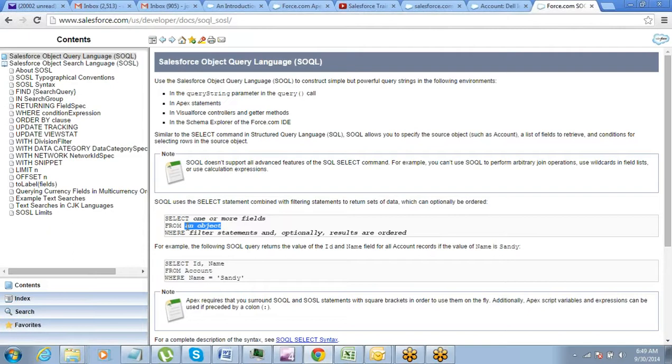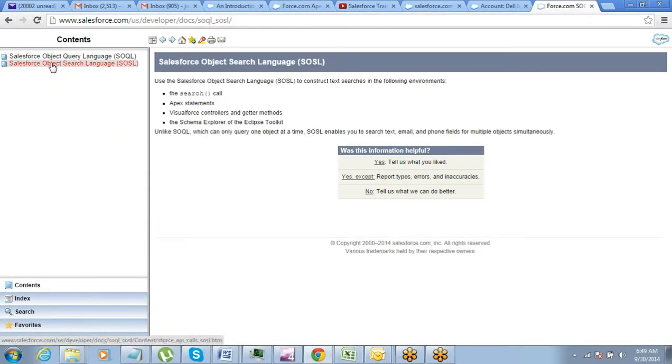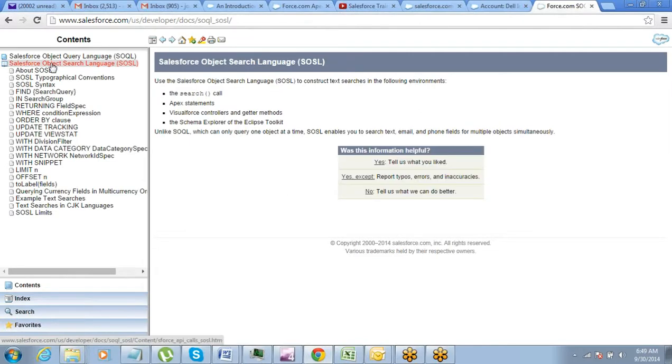So you specify a particular object, one table, right? In SOSL it is more of a search. So the concept is that the search can happen on multiple tables also. You might want to search the keyword in multiple tables. So when you are performing the search in multiple tables, you don't define the table name. So that is the difference between your SOQL and SOSL.